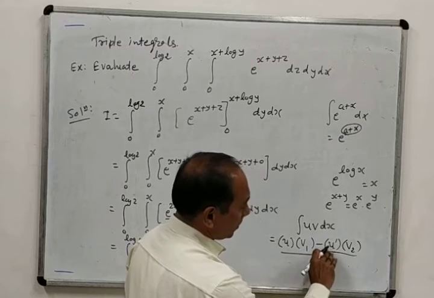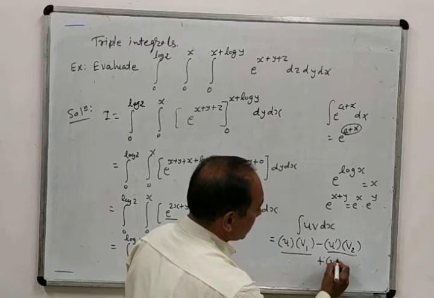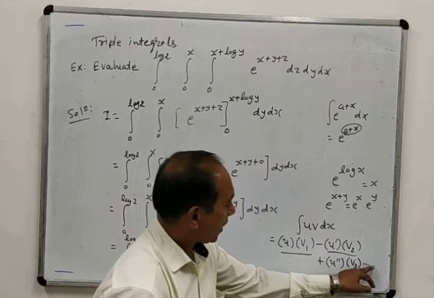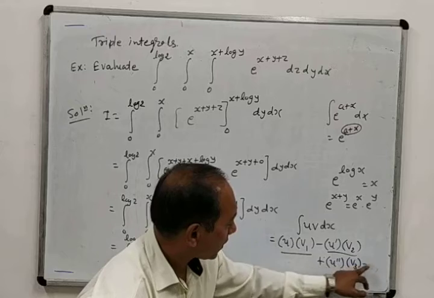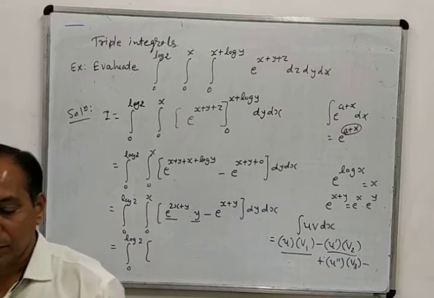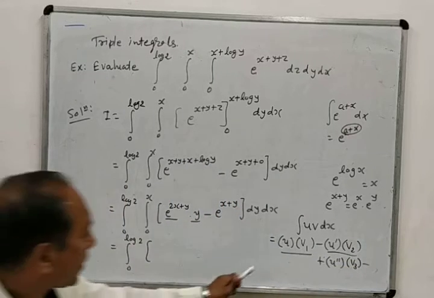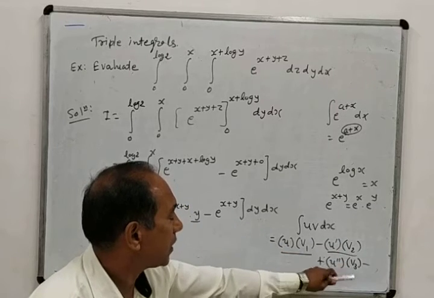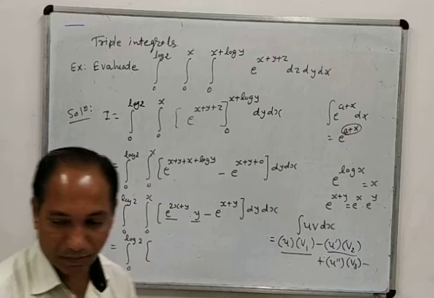So see the previous brackets: derivative of the first bracket and integration of the second bracket, and minus again, find out the derivative of the first bracket, integration of the second bracket. So if you follow, in the first bracket you will have to keep u as it is, then derivative, integration, with the signs plus minus.